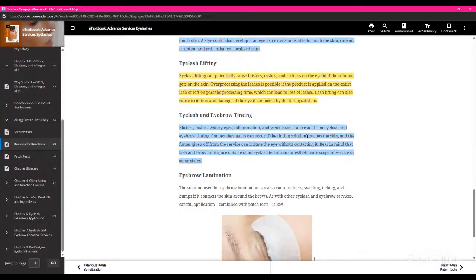You can develop skin conditions such as contact dermatitis, because the tint touches the skin, and what we also call over processing. The tint is not supposed to be on the skin; it's supposed to be on the hair. But here's the thing: there are so many different types of color